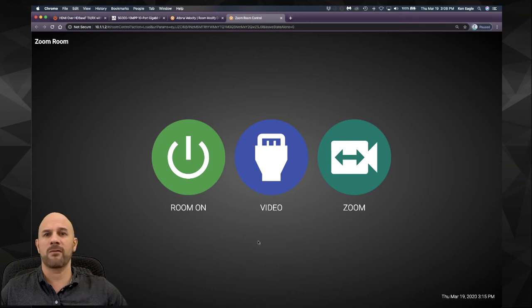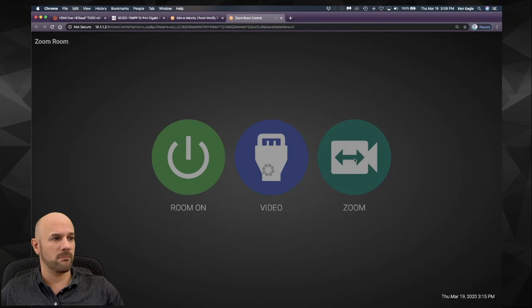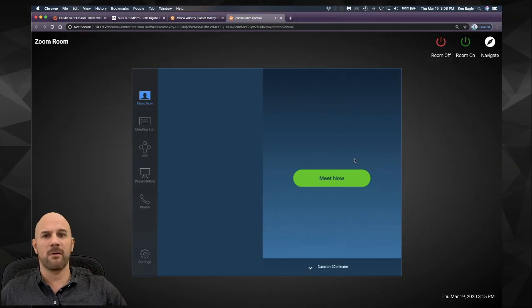Video mode might be if I was walking in to do a presentation, not necessarily using Zoom, just locally to other guests in the room, and I wanted to use the presentation switch in the projector or display on the wall. Or I've got an icon to launch me directly into Zoom. Let's do that. Click on the Zoom icon, we go right in, and from here you can see I've replicated